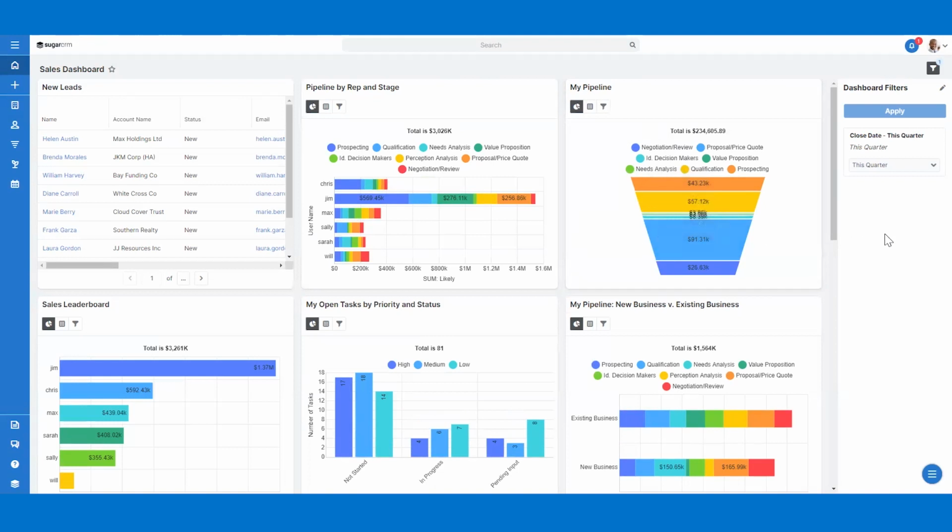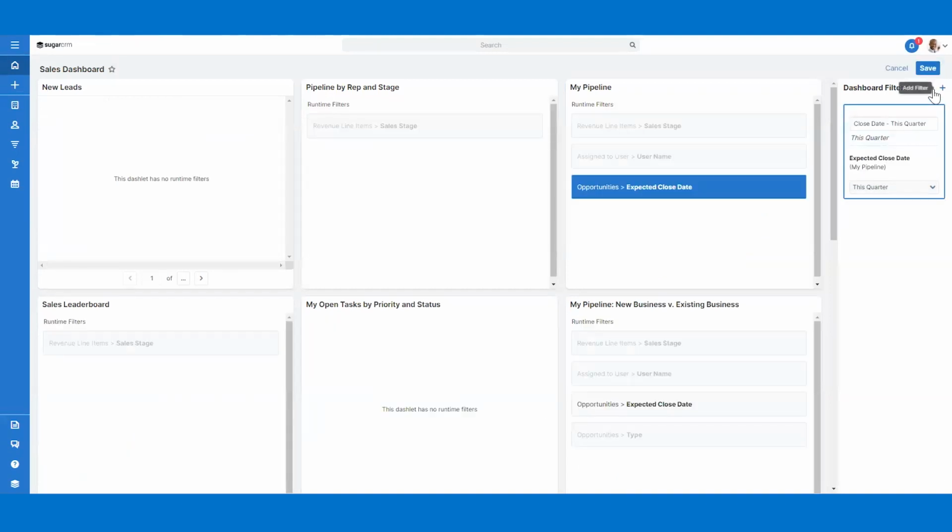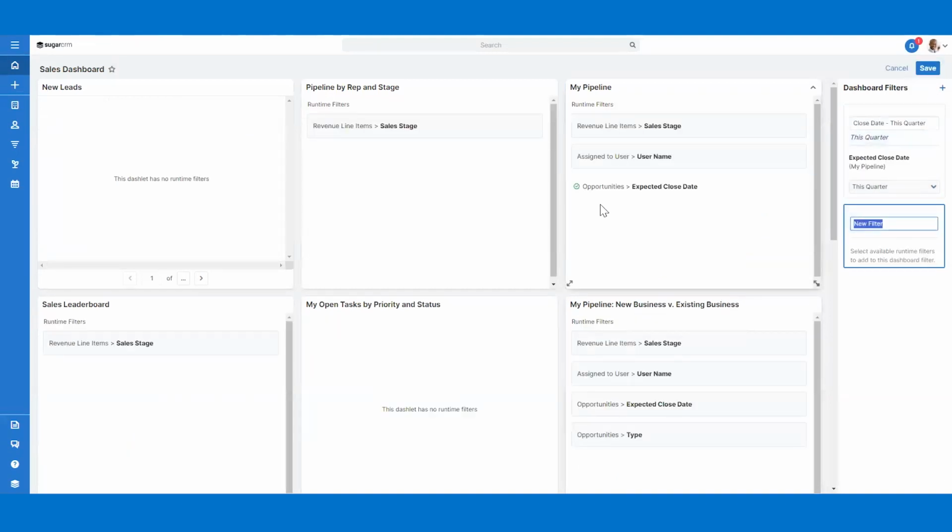I also have the option to add additional filters beyond my first one that I just created. I just hit edit filters, hit my plus sign. And again, you can see I've already adjusted the runtime filter on the opportunities expected close date. If I wanted to add a new filter, let's say by user,